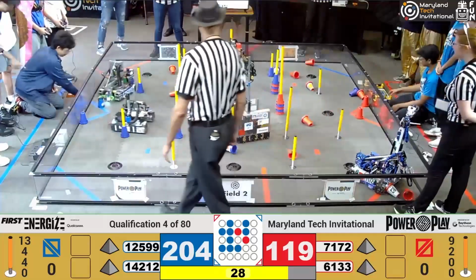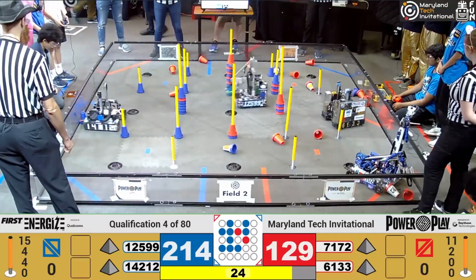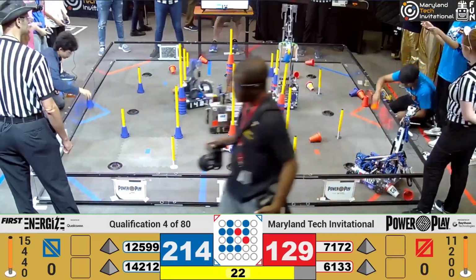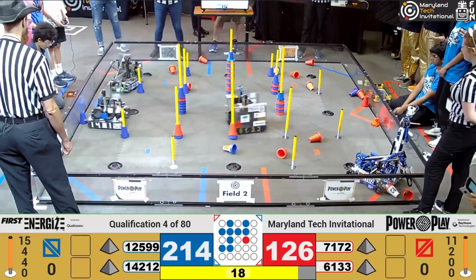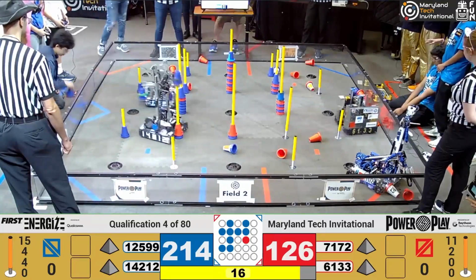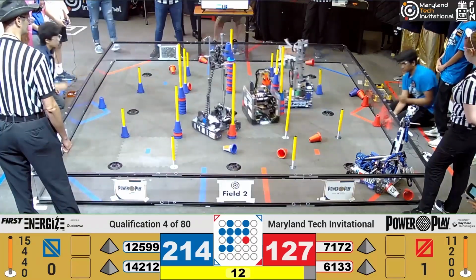Now we've got the beginning of the end game. You can see these robots are immediately grabbing their own special team beacons to do a permanent cap. 12599 here, scoring a cap on one of the high junctions, and their partners 14212 also scoring a cap on one of those junctions. It looks like they may be able to complete a circuit if they're lucky, but